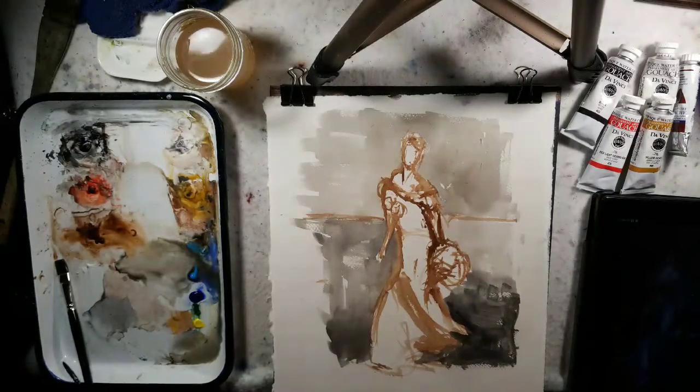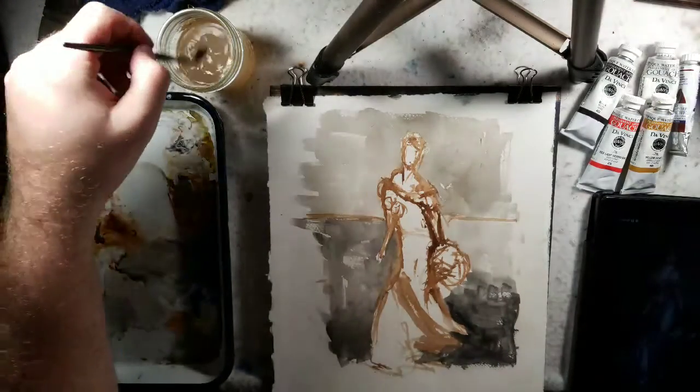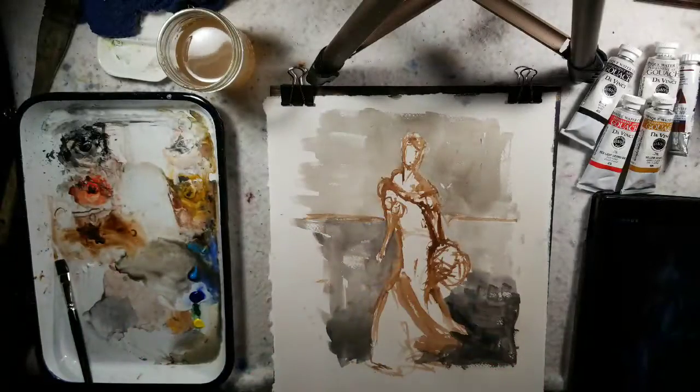Let me grab a paper towel. I find that gouache doesn't wash that easily from the brush. But you want to go, well, but I still have paint on it. So, now